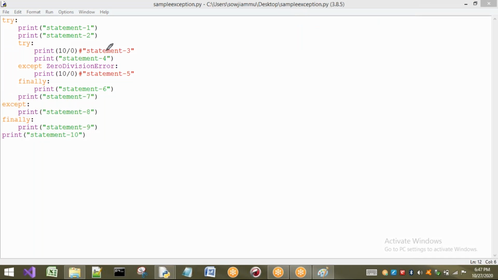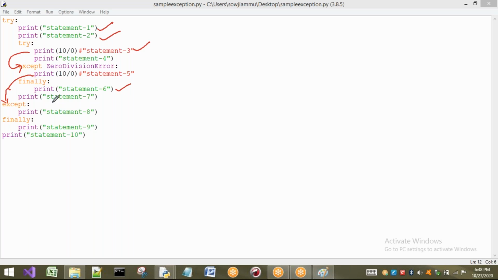Here we have one except block which is going to match. So statement 1, statement 2, there is an exception, and it will go to the except block. So here it is handling. Anyway, here also we get an exception. It will check, is there any except block? For that, it is not there. So here, if you get any exception in the inner except block, it will be handled by the outer except. So it will come to the outer except. Before coming to this outer except, it is going to execute statement 6.